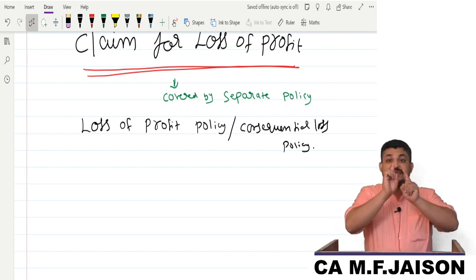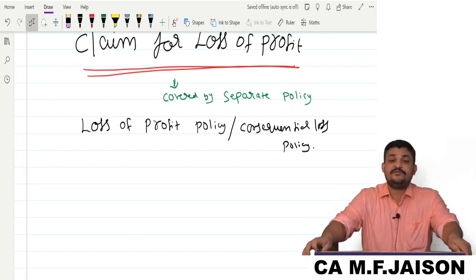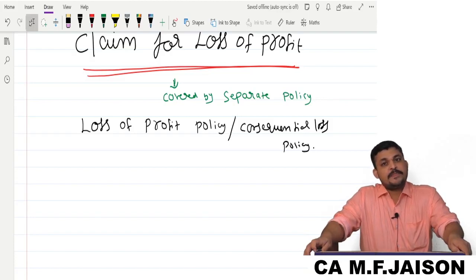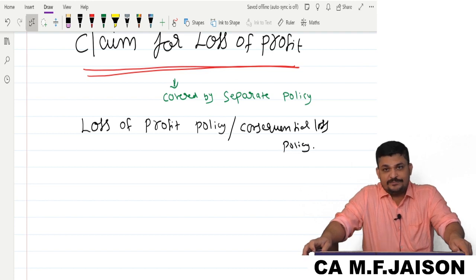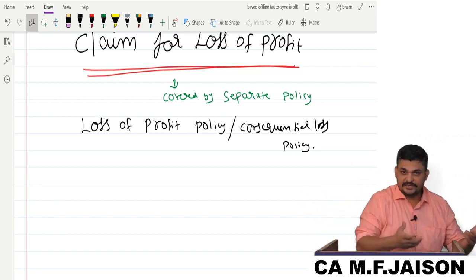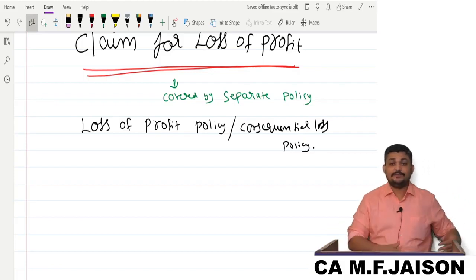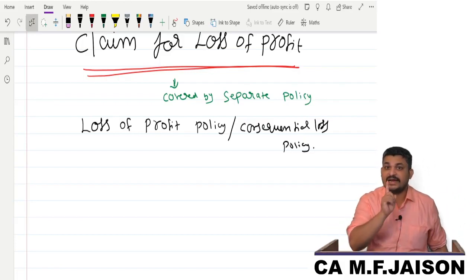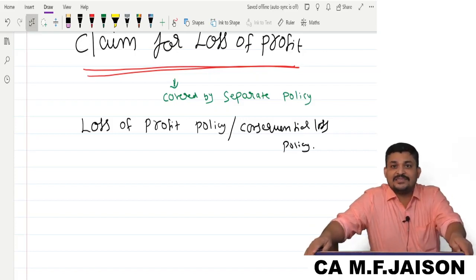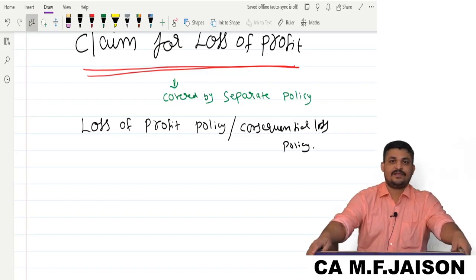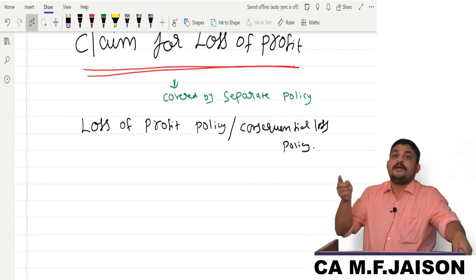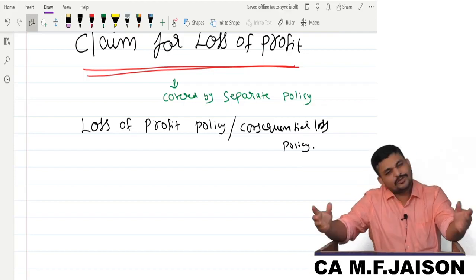So ultimately, in a single line, if I want to tell you the real reason why you lose profit, tell me which business activity gives you profit first of all. When you have so many business activities, which particular transaction gives you profit? Purchases, production, financing, administration, so many activities. Which activity gives you profit? Sales is the activity that gives you profit, and thereby the conclusion is very simple. You lose profit because you lose sales. You lose profit after fire because you lose sales after the fire accident. That's all. It's a single word.